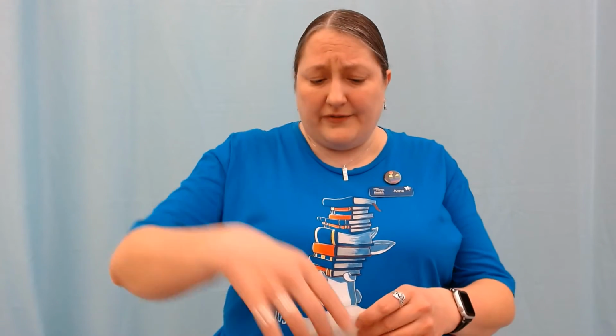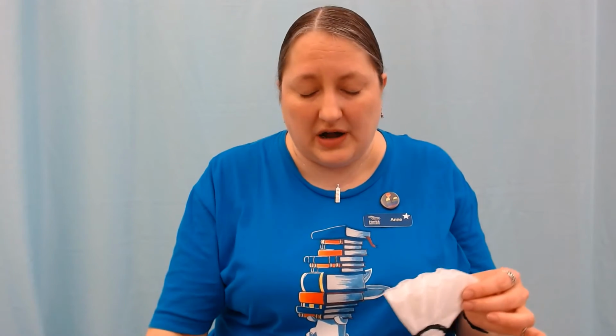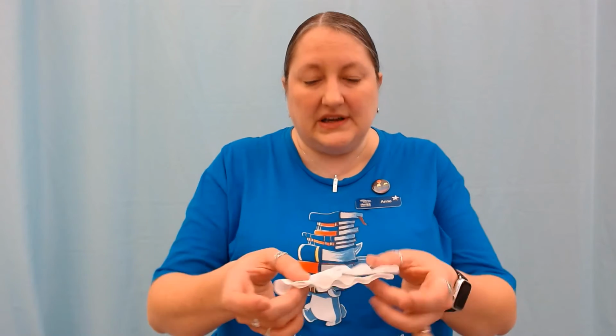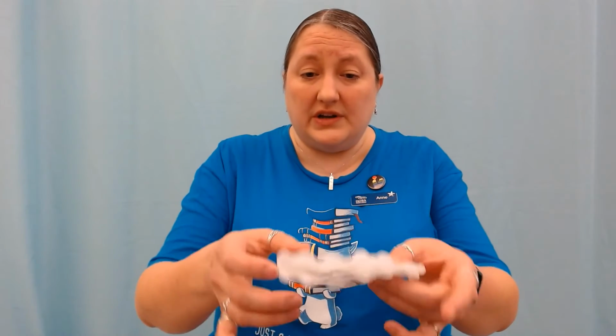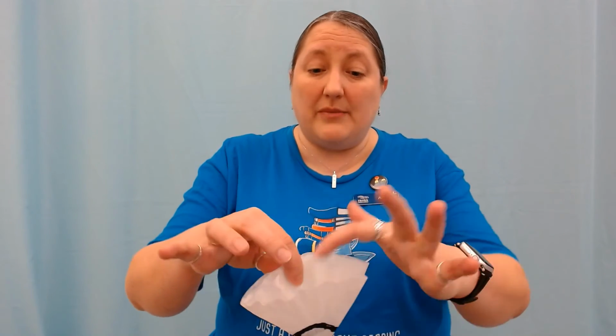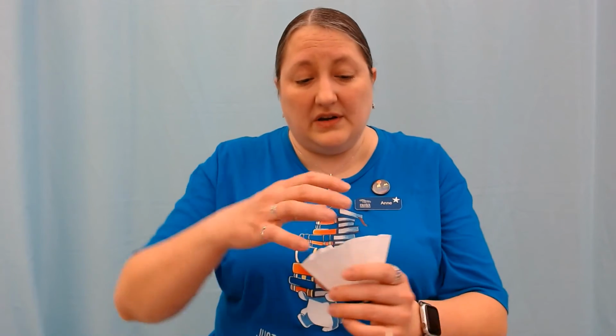Okay, so I know I showed from an angle from above how to put your coffee filter into your jar or your cup, but I thought I'd show from this angle too, just because it might be easier for some people to see. So you've got your coffee filter folded into a little cone like this. We're going to just open up one layer right here, kind of make it floof out a little bit,